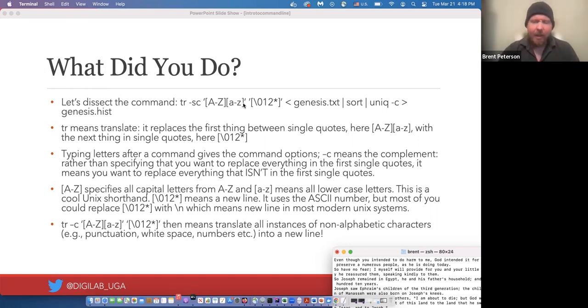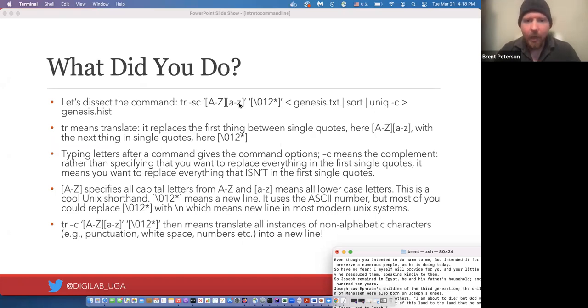That seems to be an important thing if we're going to be replacing everything that isn't the first argument. And what the first argument means is, in these brackets, we have A to Z, which stands for all capital letters. And then next to it in the brackets, we have a to z lowercase, which stands for all lowercase